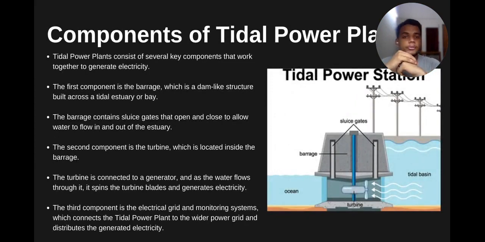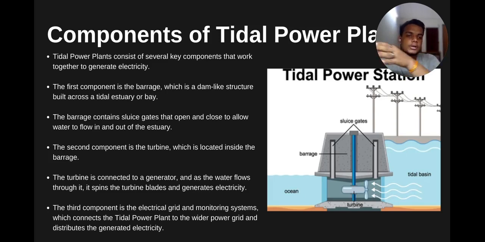So now, what are the components of the tidal power plant? So this is going to take some time. There are various minor and other components that contribute to the functioning of the tidal power plant. However, let's cover the major parts. The first key component that we will be going through is the barrage. Barrages are dam-like structures that are built across the tidal estuary or bay. So a tidal estuary or bay is the